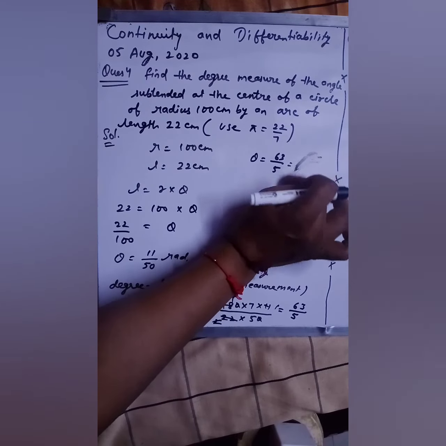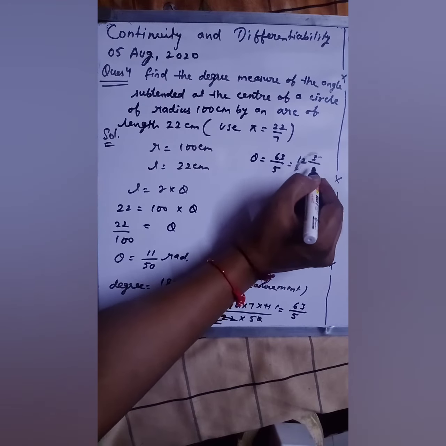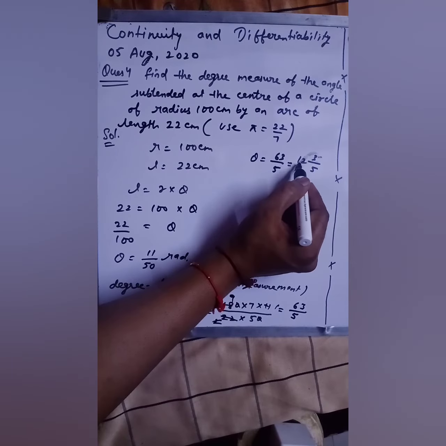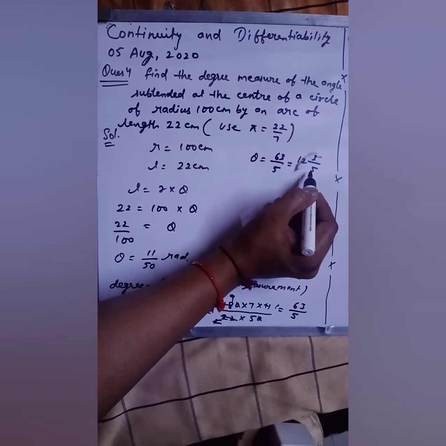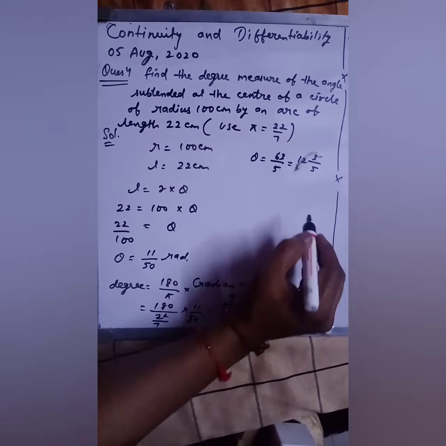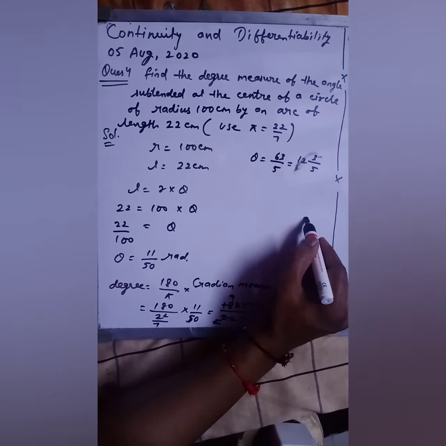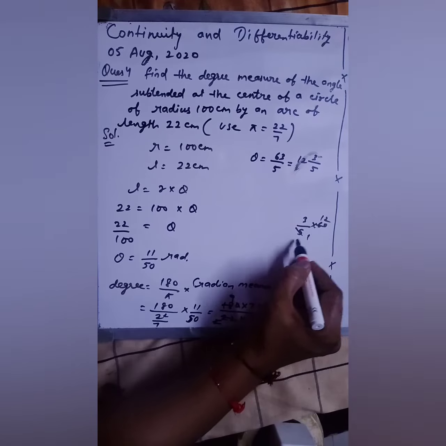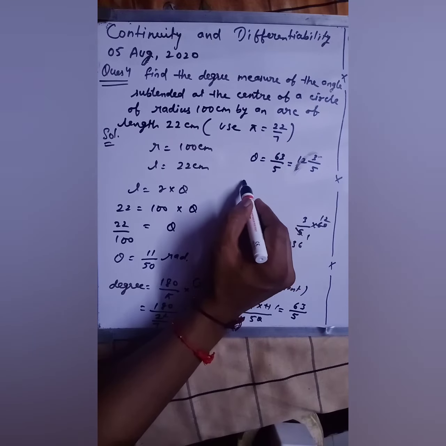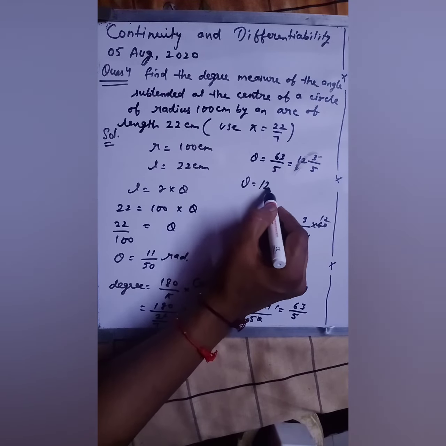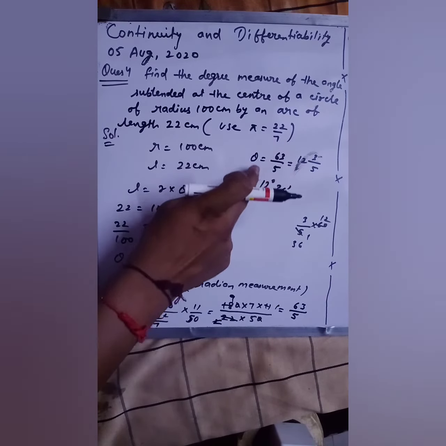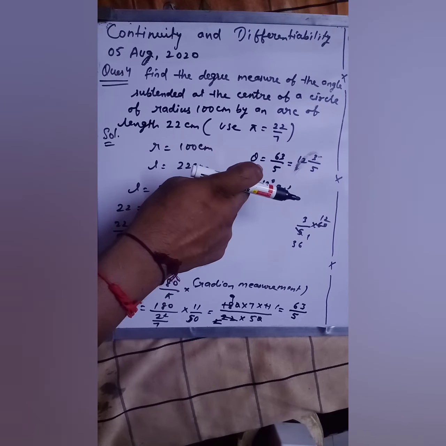12 3 by 5. Okay. So as you know that this 12 is in degree form, and we have to multiply this 3 by 5 by 60. So here I'm converting this. I'm multiplying this 3 by 5 by 60. 5 on the 5, 5 12, that is 36. Okay, so your theta in degree form you can write 12 degree, and that is 36 minutes, as we have done in our question number 1.